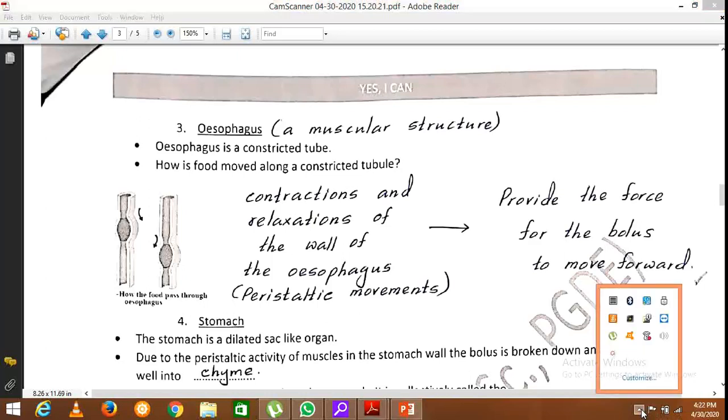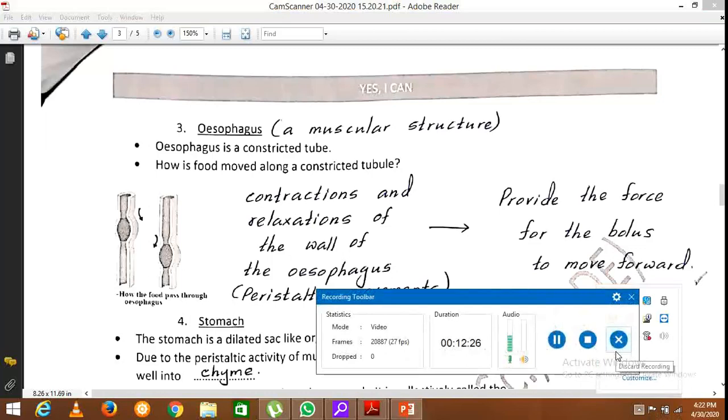Then, as the next part, we will start to discuss the stomach and